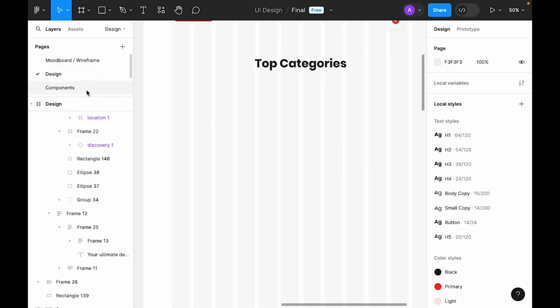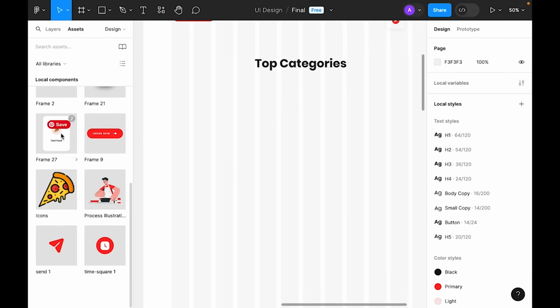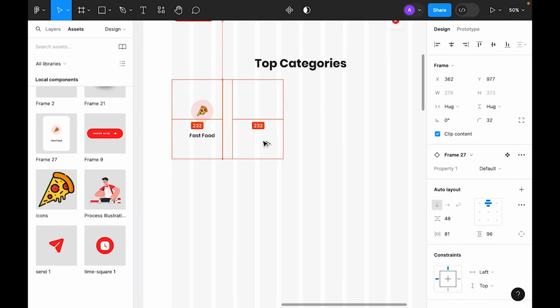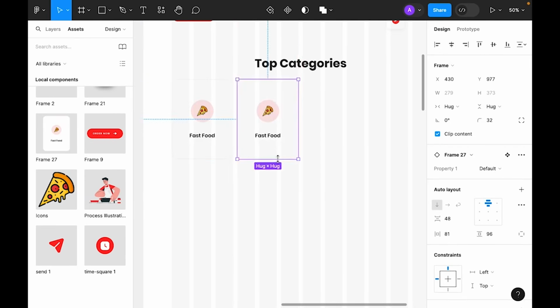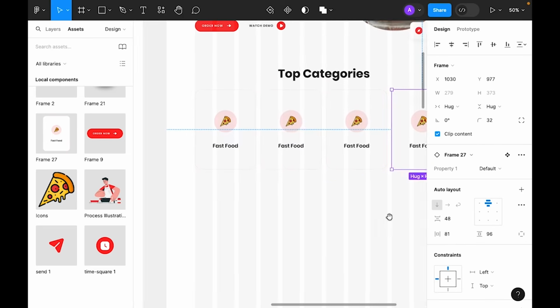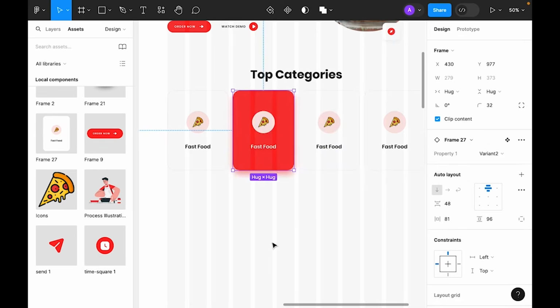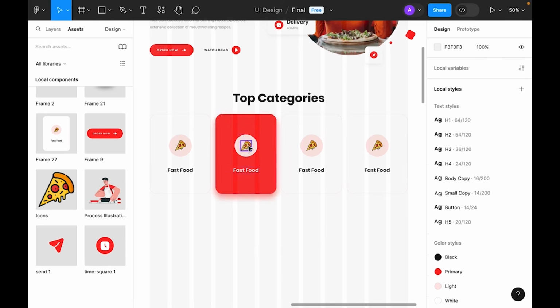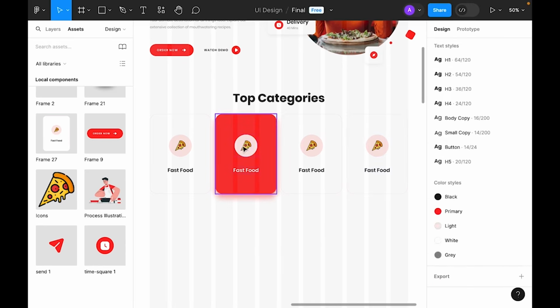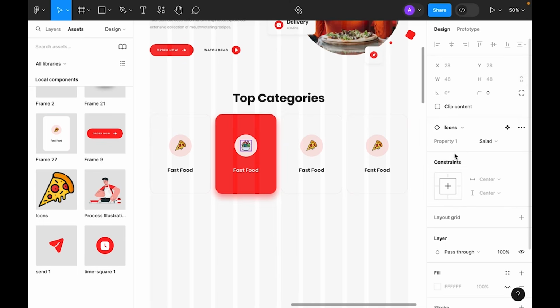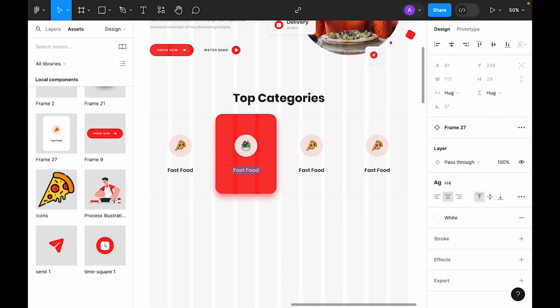Let's go to the design and add asset. As you can see, here is our component. Let's duplicate this 4 times, and for this one let's make it variant 2, and for the pizza let's change it to salad. Make it. For the third one is,